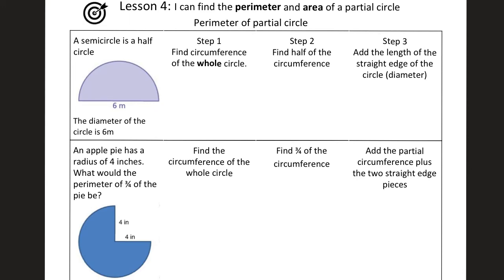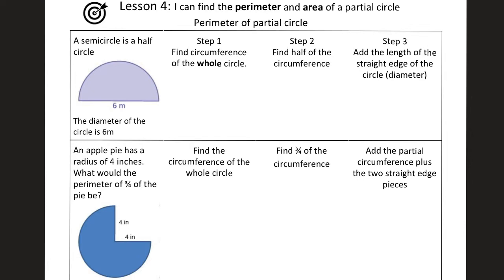Okay, so last week we talked about how to find the area of circles, and this week we're going to talk about how to find the area of a half circle or 1/3 of a circle, so partial circles, and perimeter. Okay. So, to find the perimeter of a half circle or a semicircle,